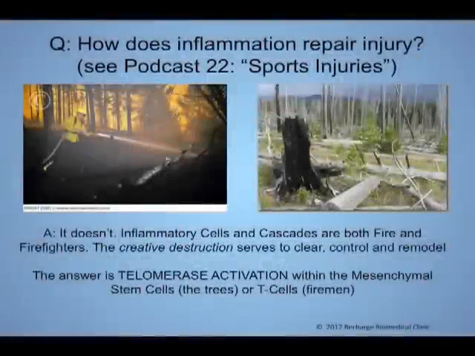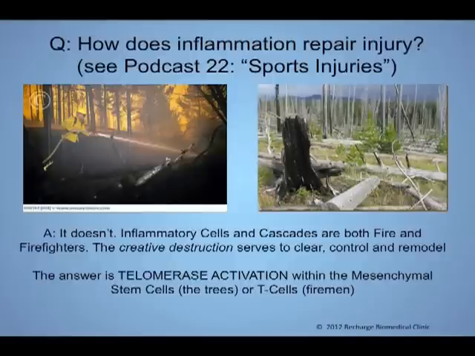And so people take antioxidants, whereas, again, in my dogma, it's more the cell trying to clear itself. So it's the body creating inflammation and the firefighters coming in and clearing the debris. In this analogy, the firefighters are the T cells, or the immune system, macrophages, and the mesenchymal stem cells are the new shoots, the new growths coming in. So the system is made to destroy damaged cells, to clear them, and so the inflammation can also be viewed as any forestry marshal or person will tell you, the forest fire is a necessary part of the health and maintenance of a forest.